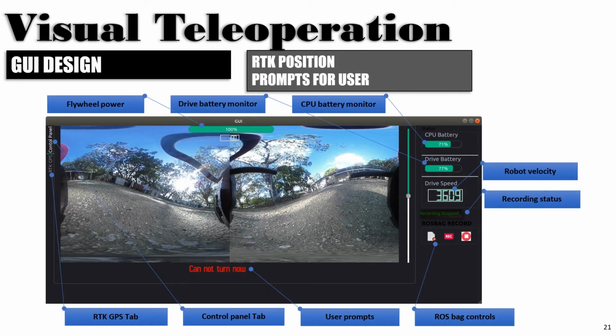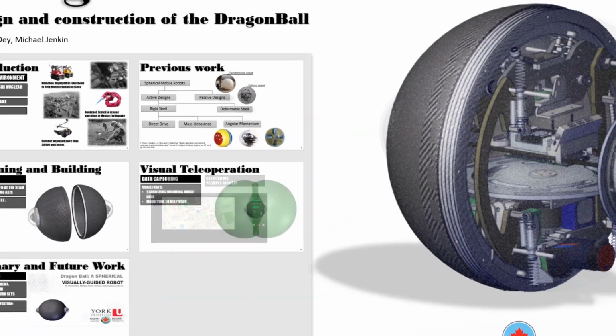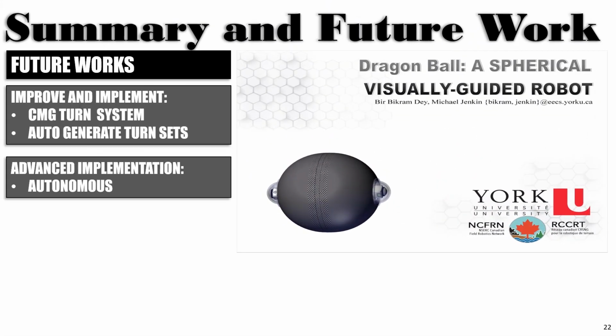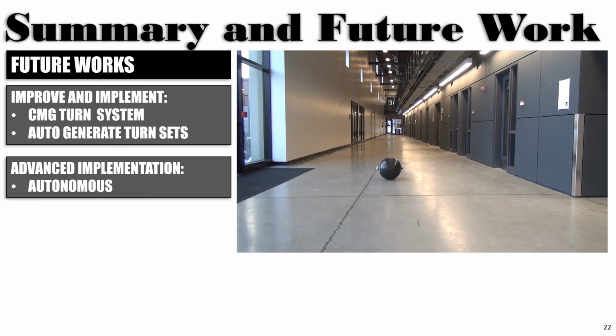The GUI design offers the user an easier way to operate the Dragon Ball. It also shows the current position of the robot using a real-time kinematic GPS system. Future work includes improving and implementing a CMG turn system and auto-generating turn sets, also making the system fully